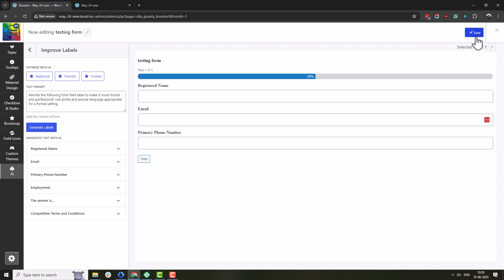And that's it. You have now learned how to use AI to generate and optimize field labels for your Gravity